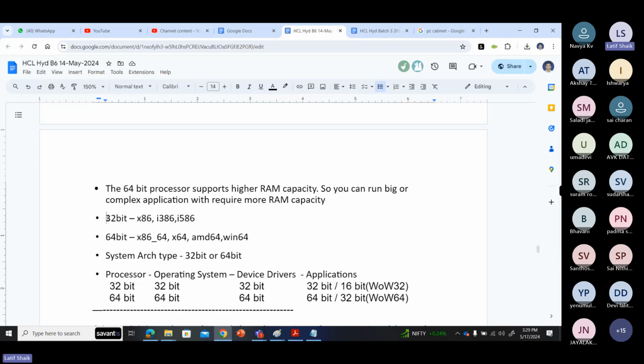If you see any application or an operating system, there is an interaction. Say this is an application: is it a 32-bit application or a 64-bit application? How can we understand? In the application itself they will write 32-bit, or sometimes they will put x86. Actually, x86 represents Intel, not 32-bit, but people have become habituated to x86 representing 32-bit. Even i386 and i586 represent Intel, but now they are taken as a 32-bit application